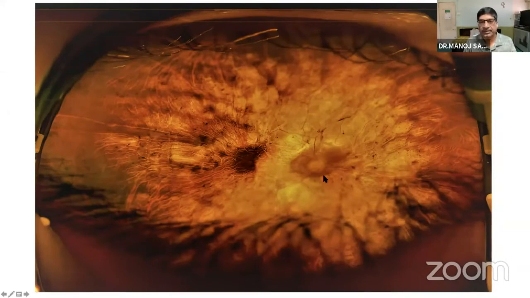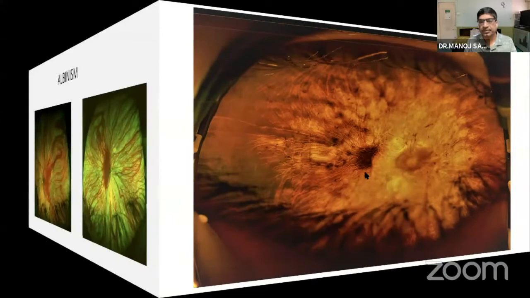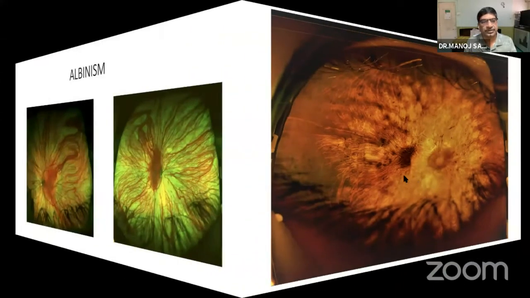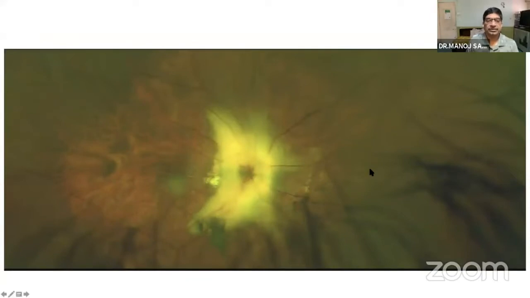Actually, once he sees the picture, then his shopping stops. These are albinism patients. You can see the extensive panoramic pictures and beautiful pictures. Once they are visible, the patient's counseling is done, relatives' counseling is done. This is a case of